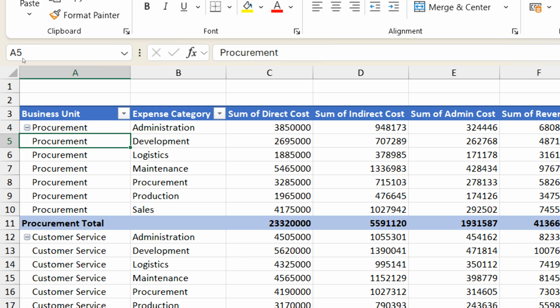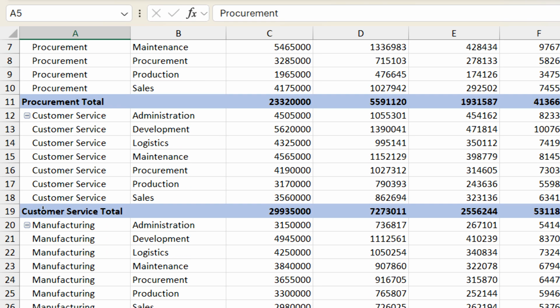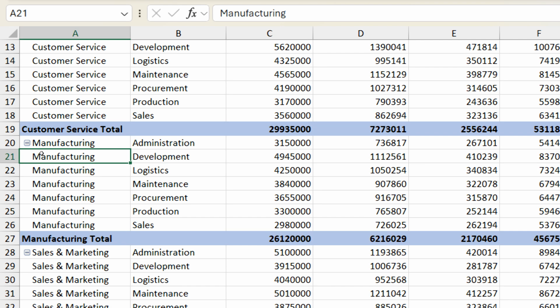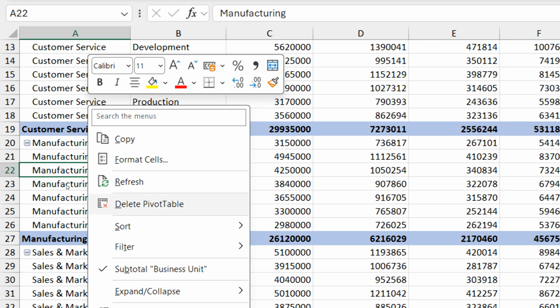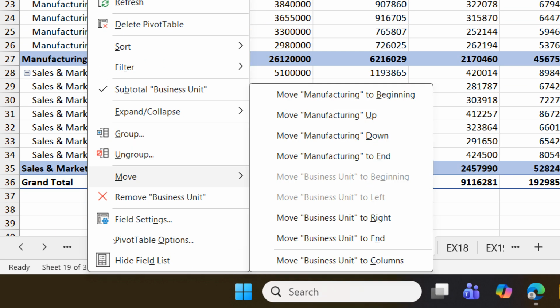One is drag and drop, another one is type. Third one, typing also it's little bit tougher. I want the manufacturing should come before customer service. Right click. And you can see there is an option called as move. Right click, move. Where you want to move this manufacturing, whether you want to move it to the beginning, up,